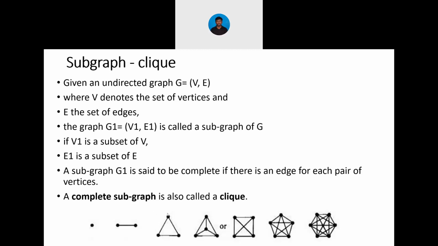So the first node, say for example, this is the first node. We have some notation. It is communicating with the second node, and also it is communicating with the third node. Similarly, considering the second node, it is communicating with the first node. It has a connection with the third node. So this is actually a complete graph.